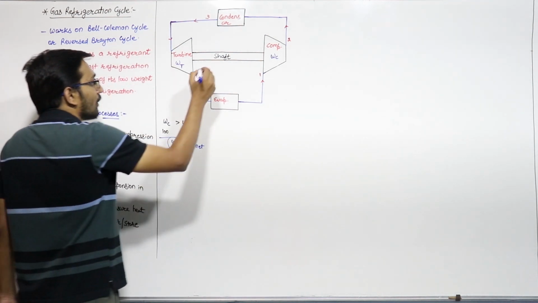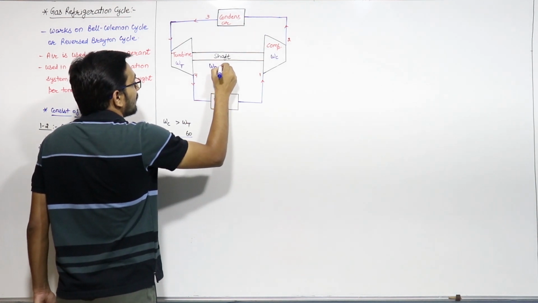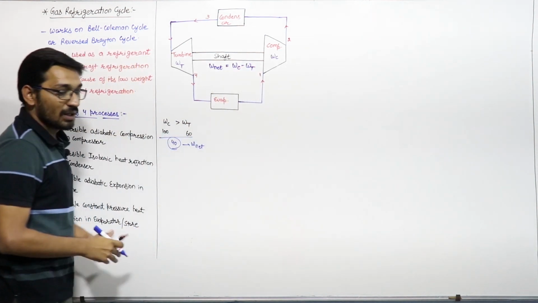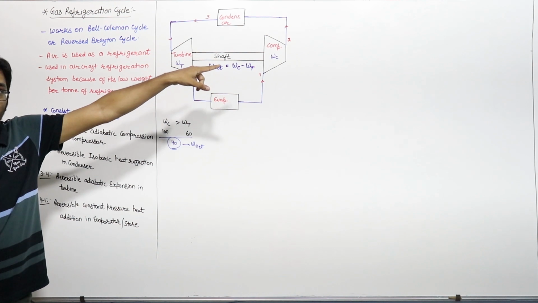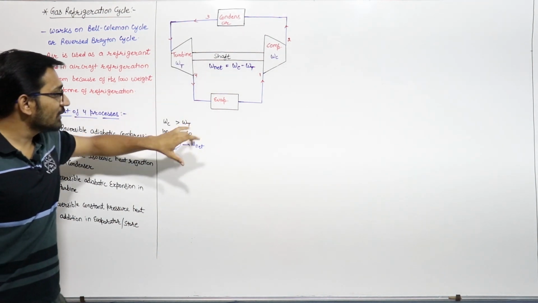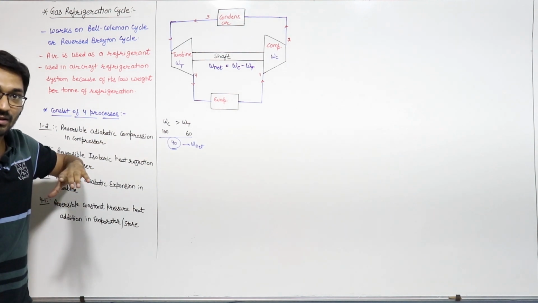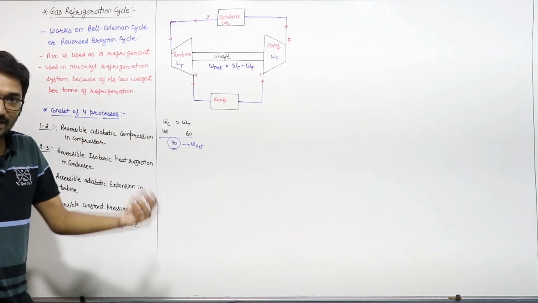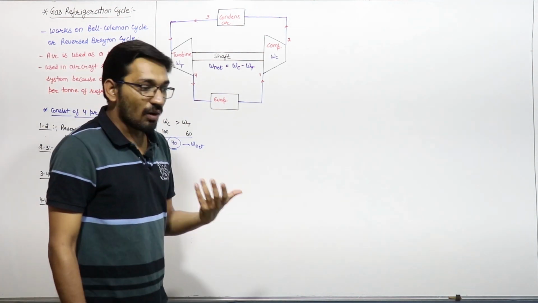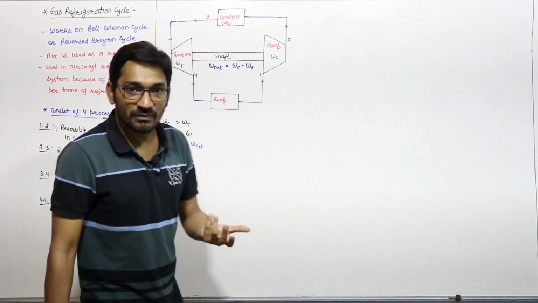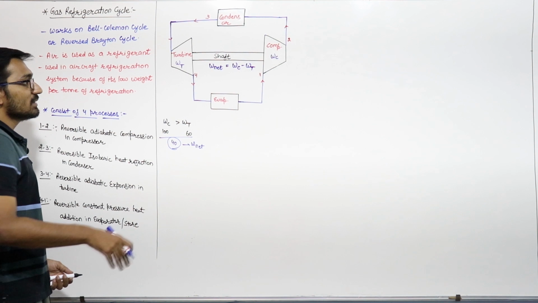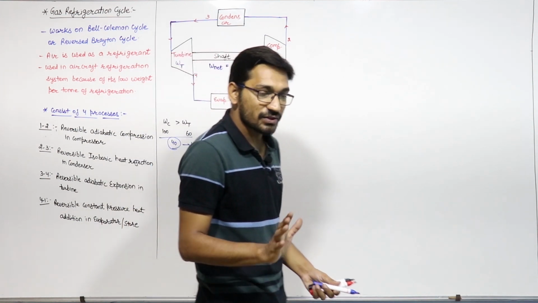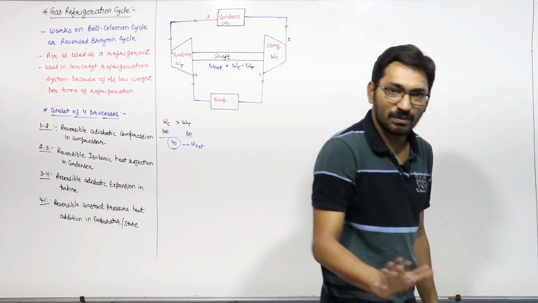So the net work which we have to give will be WC minus WT. If you are not using this turbine work to run this compressor, then you have to give complete 100 units from the external to the system. But now if you are using this, then the net work requirement will be less. So obviously the COP will increase, the efficiency of the system will increase. So that's why we are using this turbine work to run this compressor. I hope this is understood by all of you. This is a basic concept.